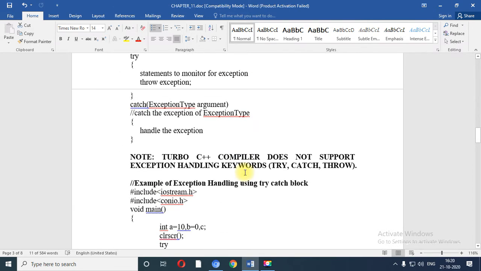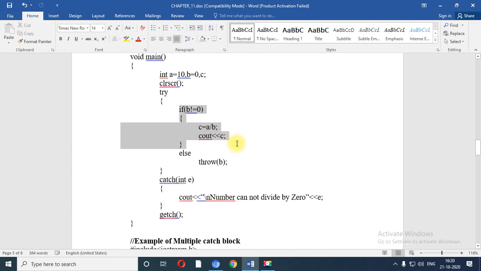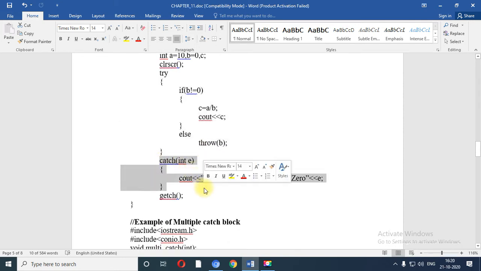Similarly, when we are trying to implement a try catch block, at that time I am going to put this particular block into the try block, because I know that this particular block may generate an exception. So over here I have put that block inside the try block and I am going to catch the particular error.